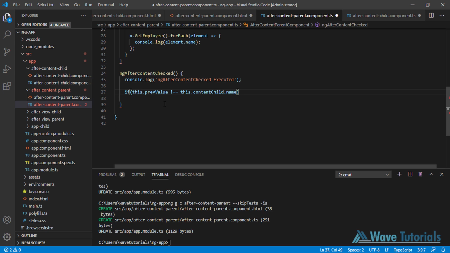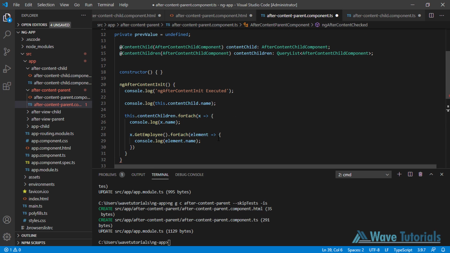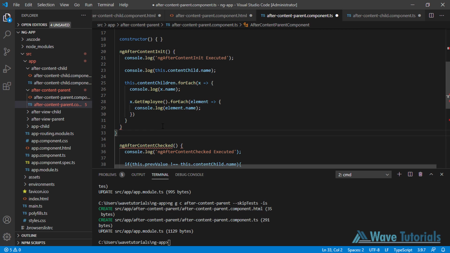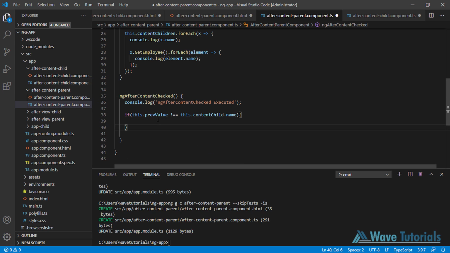If it's not equal to, then there is something missing. Let me check what is the issue here. The semicolon is missing here, and also we need to close it like this. Okay, and now here